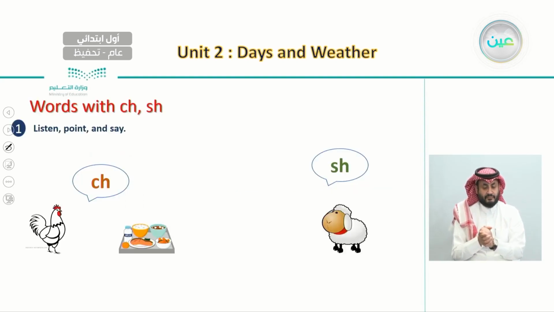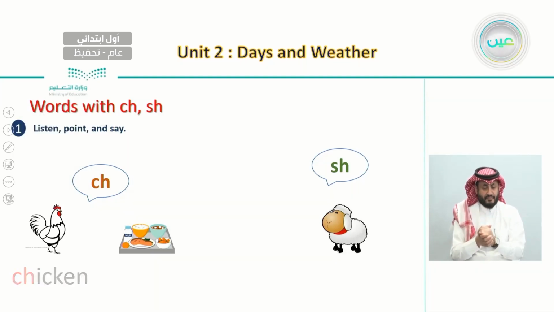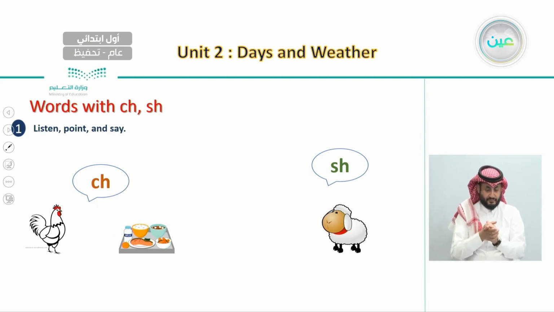Now, on page 29, we have words with CH and SH. What we're going to do is the same as we did with B and P: we're going to read two different words that have the ch sound, and also listen to a word that has the sh sound. As for the ch sound, here we have two words. The first one